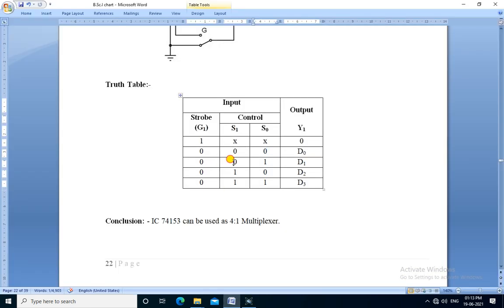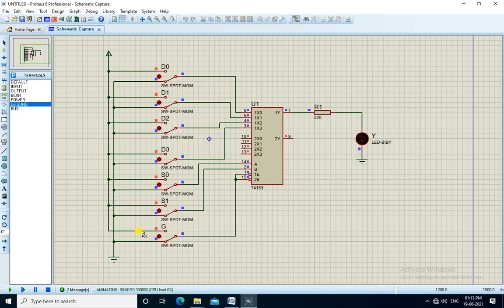Next, if S1 is 0 and S0 is 1, then D1 is connected at the output. So if we change the D1 to 1, that is high, the output becomes high, that is 1, and LED is on.